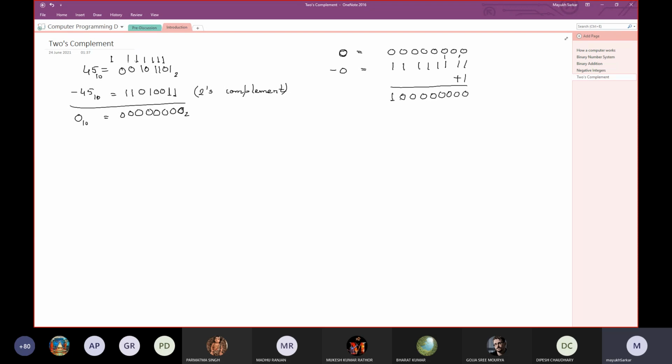with a 1 as the most significant bit, but this is the 9th bit starting from the right, which we cannot keep because it is overflowing the 8-bit storage. So we have to discard this, and we get the same sequence of zeros for minus 0 as well. Okay, so 2's complement is giving me a unified representation of all the numbers.